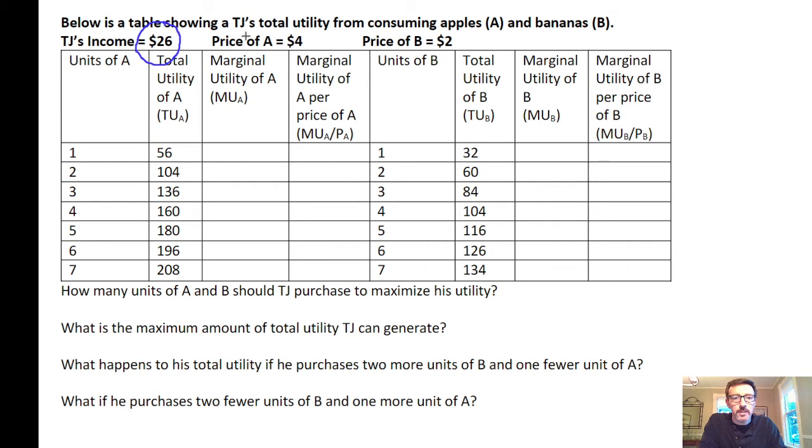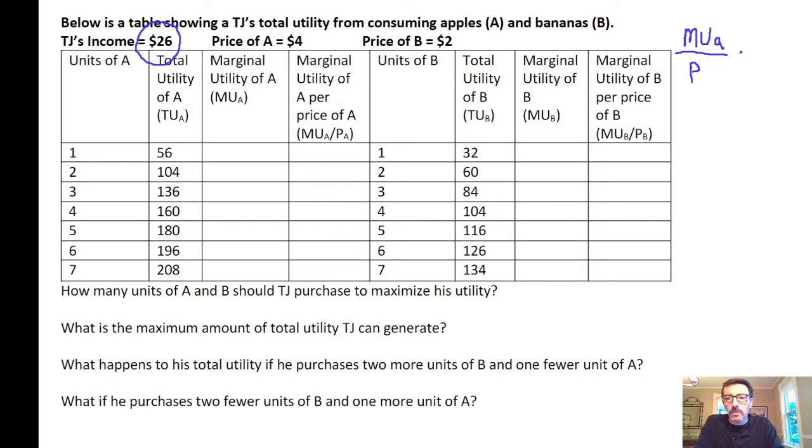Hypothetically, TJ can choose between buying apples or bananas or some combination of apples and bananas. We're given the price of apples, $4, and the price of bananas, $2. The basic idea, what we call the utility maximizing rule, is that we're trying to spend our resources in a way where the marginal utility, or additional utility, and I'll talk more about that in a moment, of apples per dollar spent on apples, so I'm going to divide it by the price,